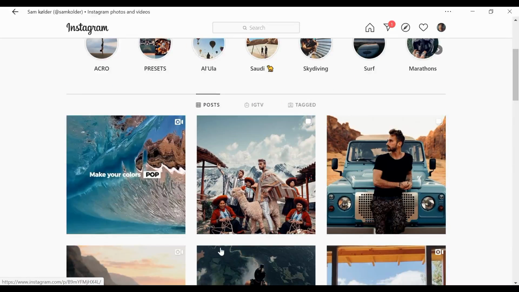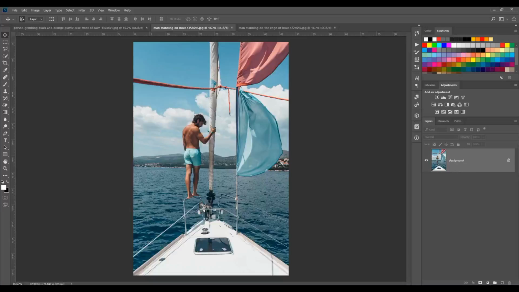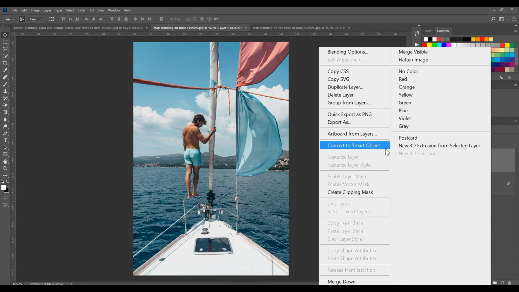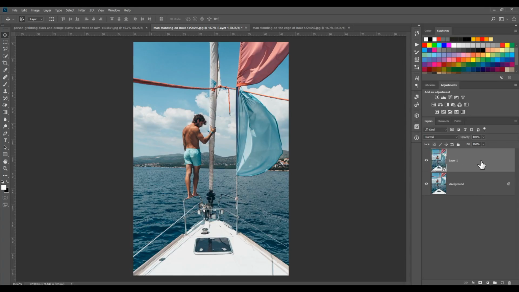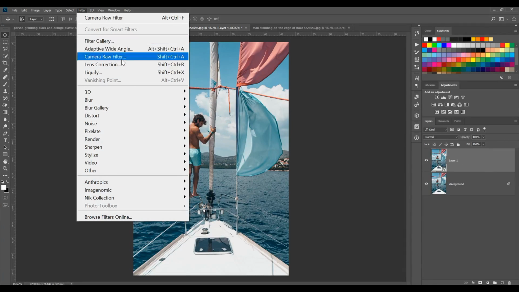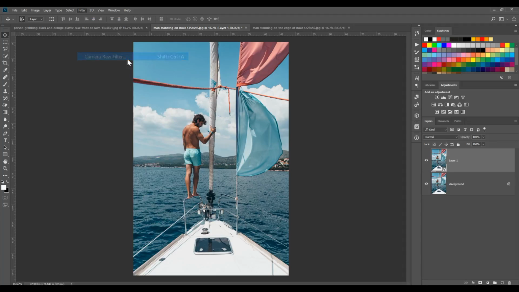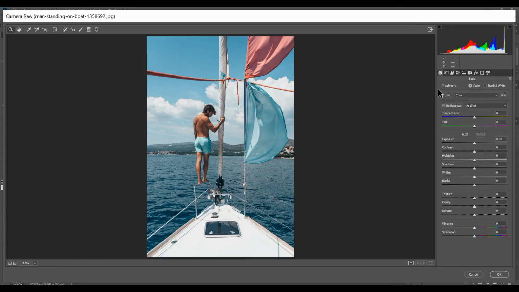So let's go to Photoshop, and this is the image. First copy the layer by pressing Ctrl and J, and then convert to smart object, and then open it on camera raw filter, and I'm increasing the temperature a little bit. I think around 10 is perfect, and yeah, to decrease the highlights